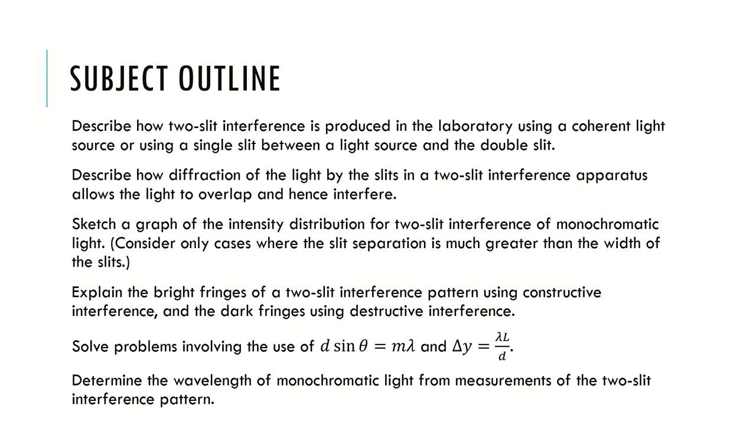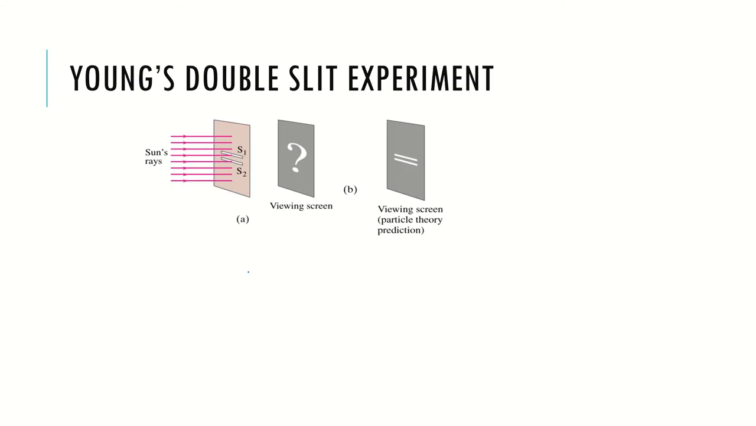There's a whole bunch of things you need to be able to describe, sketch, explain, and solve problems. And I'll go through them side by side. So the first thing is, Young was experimenting with double slits. If you expose some sun rays on two thin parallel slits and allow the sun rays to pass through,